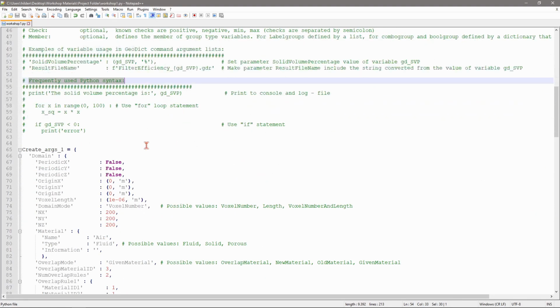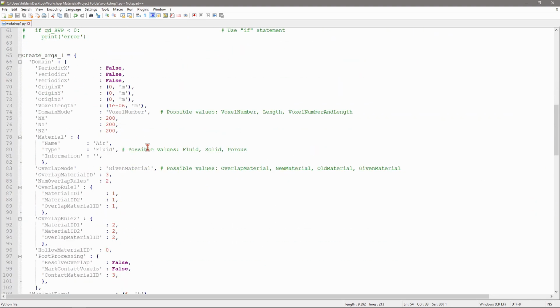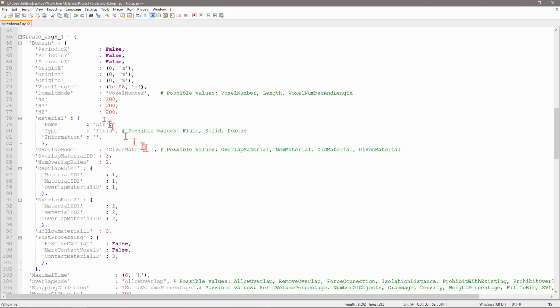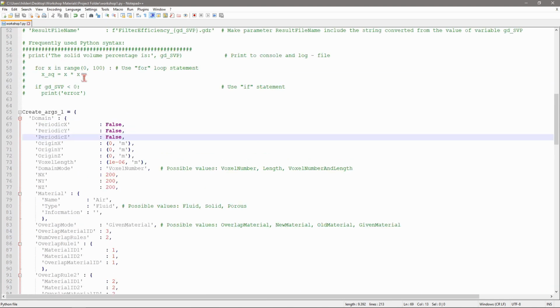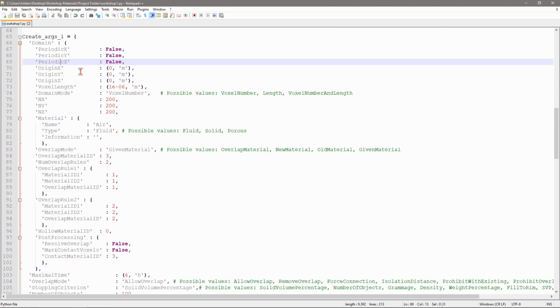So here comes the block with the recorded commands. In this case, only the command of the creation of the fiber structure. Everything before is always a part of every macro recorded in Geodict, even in an empty macro. But now the command section follows. So here we have the creation command for FiberGeo.